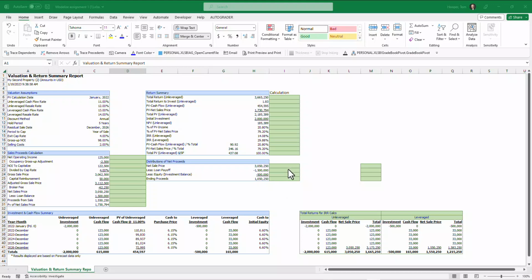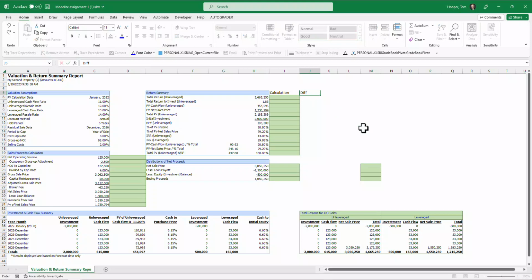So with no further ado, my approach is going to be to have a calculation column out here where I try to recreate the number. And then I'm also going to put a difference column and a formula column. And I think the example that we used in class the other day, we already created